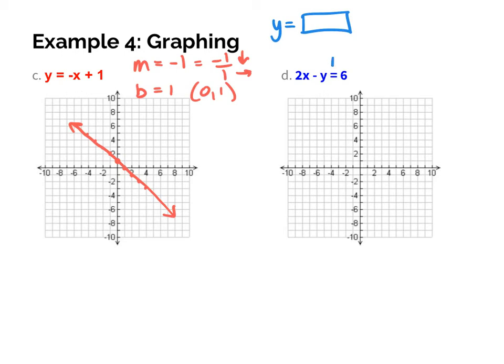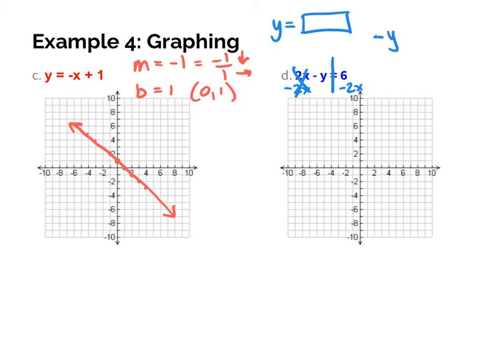Now notice on the left side here I have 2x minus y. So that doesn't say y equals. Now in order to make it say y equals, I'm going to have to move some things around. So let's keep the y on the left side. So I'm going to start first by getting rid of that 2x, and I'm going to move it to the other side by subtracting. That's going to cancel here,